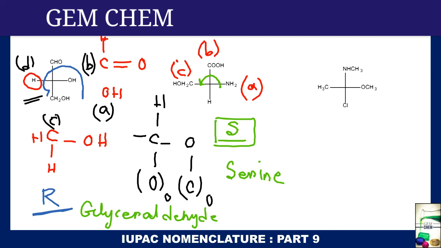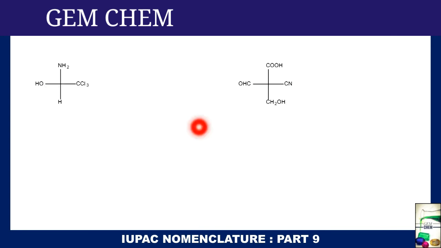Now if we go for the next example, which has NHCH3, CH3, OCH3 and chlorine. So here let us see what the priority sequence is. Chlorine gets first priority, then comes our oxygen, and then comes our nitrogen, right? And the CH3 is D. So again there is a problem, that is D is present above the plane, so whatever we are going to get will be opposite, right? So as we proceed from A to B to C, we see that we are proceeding anti-clockwise, so it would have been S, but since D is placed above the plane, we will name it as R. Clear? Now for this example, try it, then see the solution.